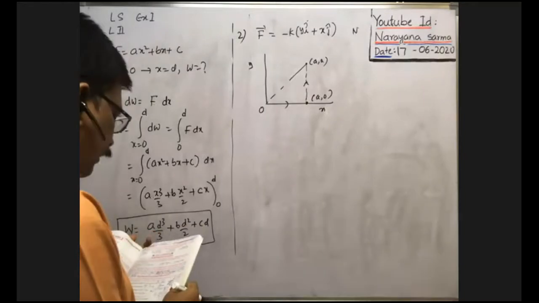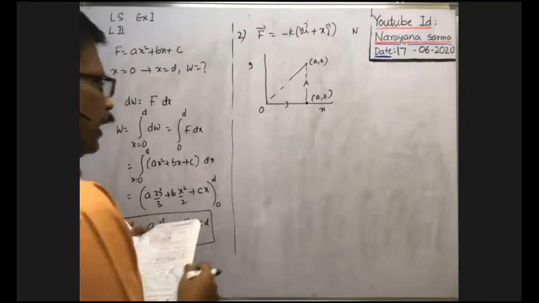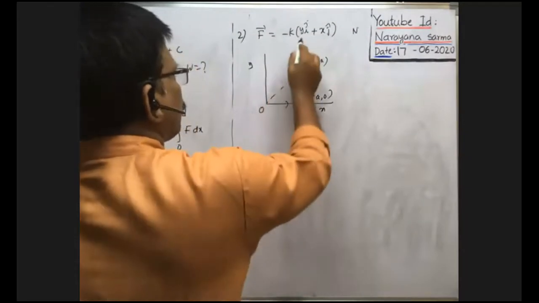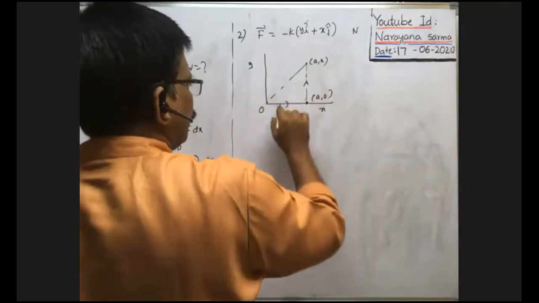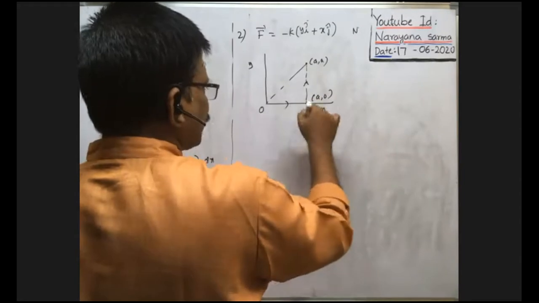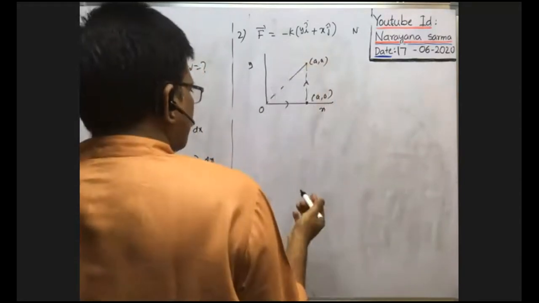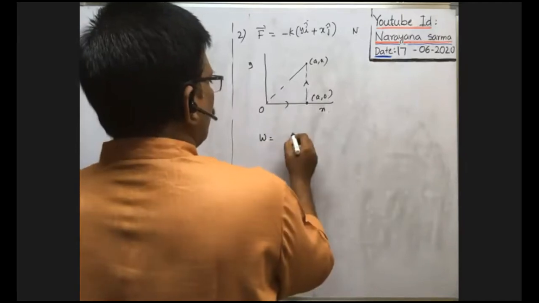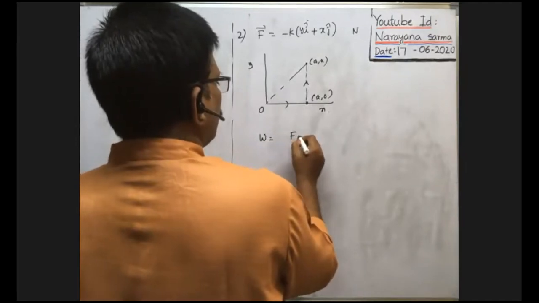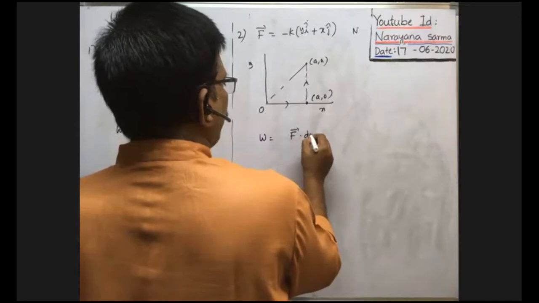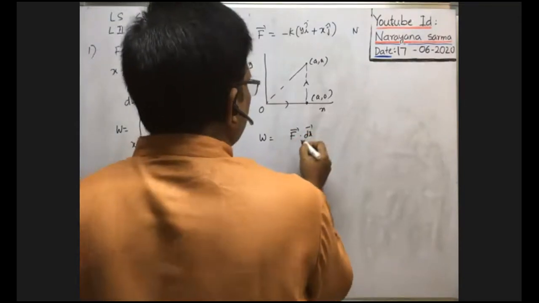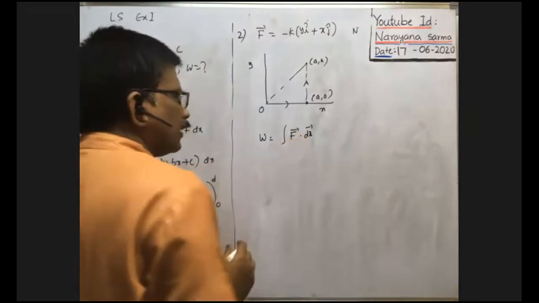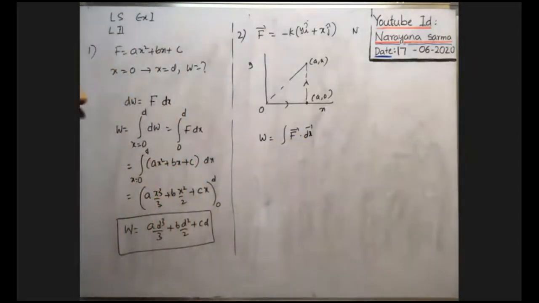So here we have to use, no doubt, force is given in vector form. Displacement is initially in this direction, finally in this direction. Displacements are also in different directions. That's why work done is equal to the integral of F dot dr. For the small displacement dr bar, the work done is this one. So total work done is equal to integral F bar dot dr bar.